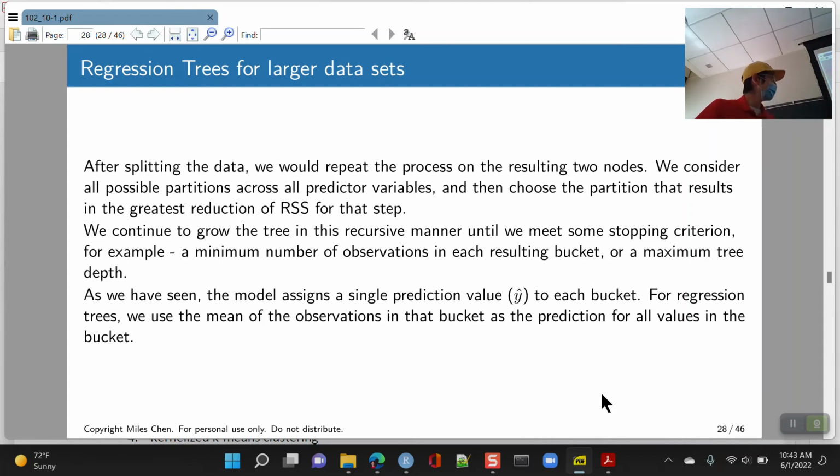The stopping criterion is often how many observations you have in a bucket. So you might say, we need to have at least 10 observations in a bucket, or 5 observations in a bucket. Or you could say, don't go after you reach a depth of 4 or 5 or 6. You say, the maximum tree depth is 6 splits. Otherwise, if you allow your tree to overfit, you'll end up with 1 observation in each possible partition. And you could predict everybody perfectly for that particular data, but then it's not going to work well